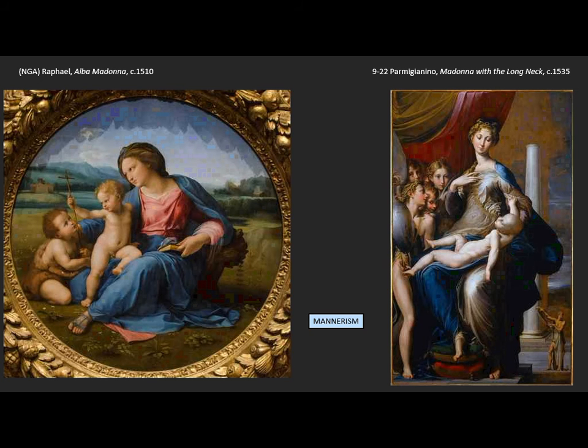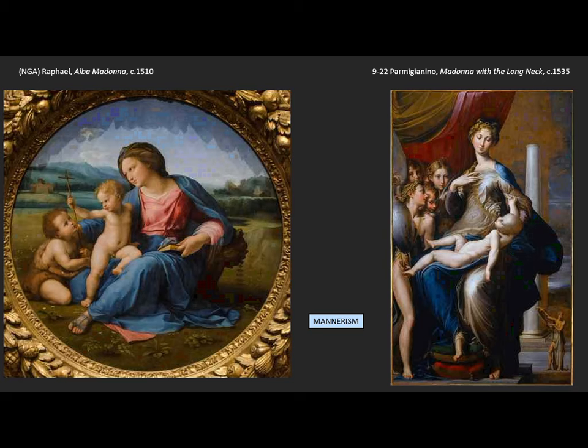In one of our makeup lectures for the MIS class, we were talking about Mannerism, this late 16th century development after the High Renaissance, where we see in a number of different artists after around 1520 a loss of the sort of stability and harmony and unity that we'd seen in so many different Renaissance works of art.